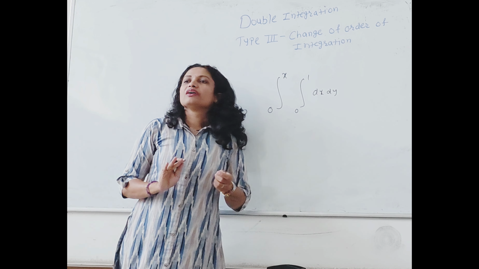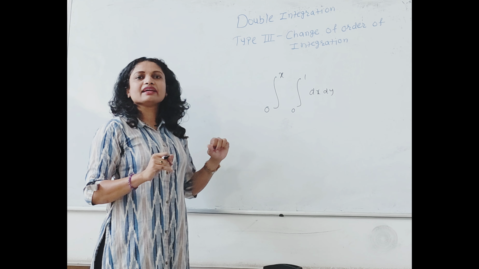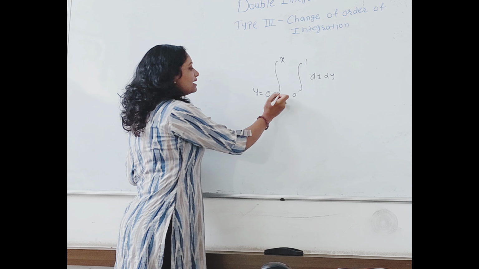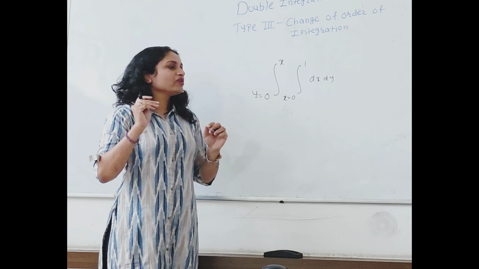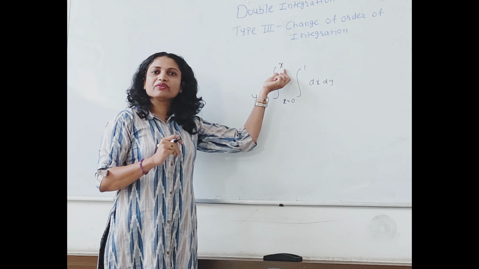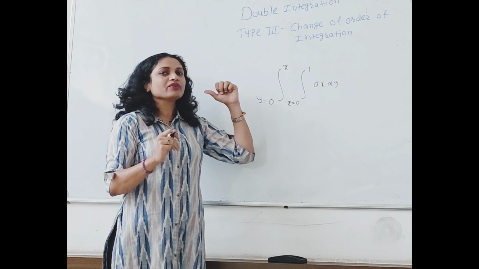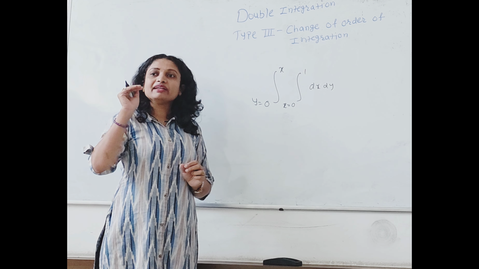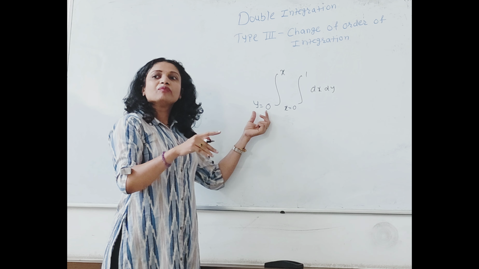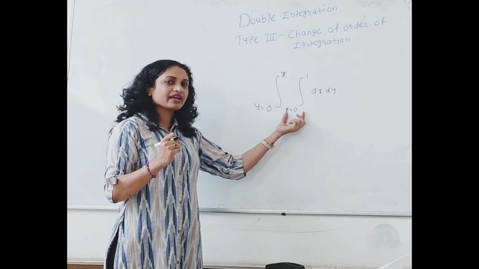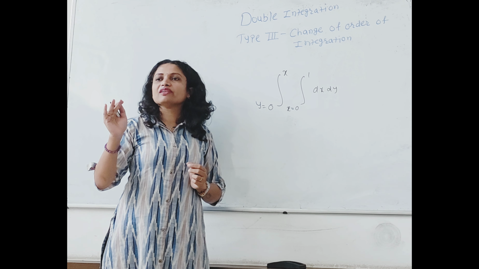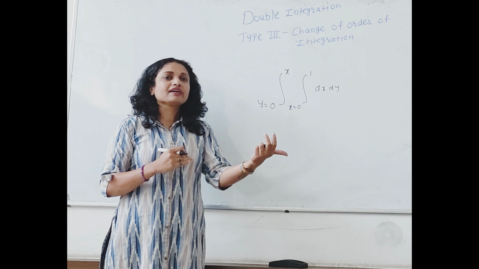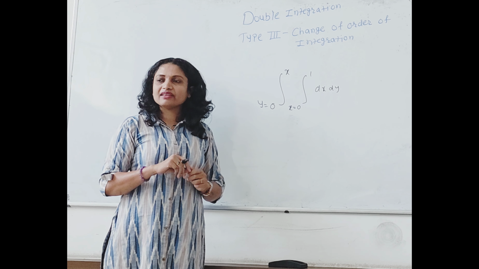Just an example. By rule you are going to integrate with respect to what first here? With respect to y or x? This is the limit for y and this will be the limit for x. So by rule, as y is having variable limit, you are going to integrate with respect to y first and then with respect to x. But sometimes your integration will be such that it will be difficult to integrate with respect to y, but it will be easier to integrate with respect to x. In such cases, you need to change the order of integration. By rule, you should integrate with respect to the variables, but it's difficult to solve the integration. So we need to change the integration order.